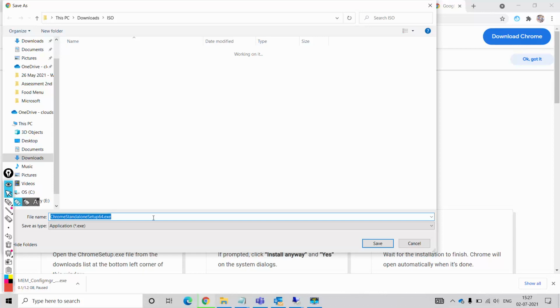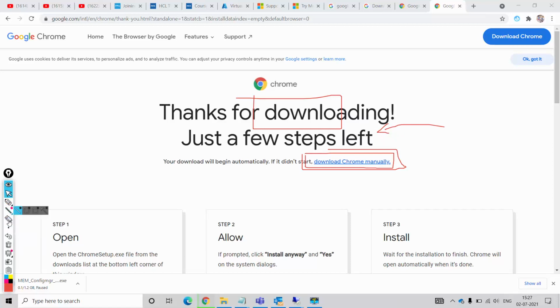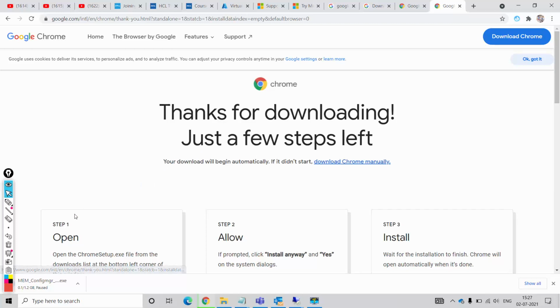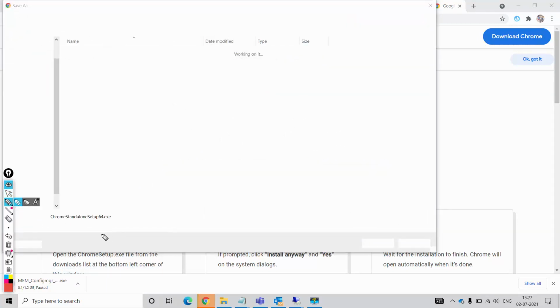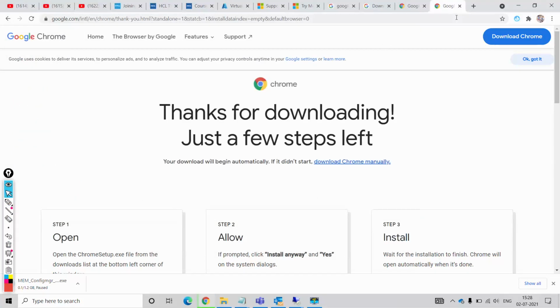Okay, yes. I'll share this link. Here you need to click on this link. Once you click on download, then click on this link. If your exe is downloading as it was showing for me, and I click download Chrome manually, it should give a standalone exe file, Chrome standalone setup.exe. If it is another file, then that means it is not an offline installer. I'll share this link.